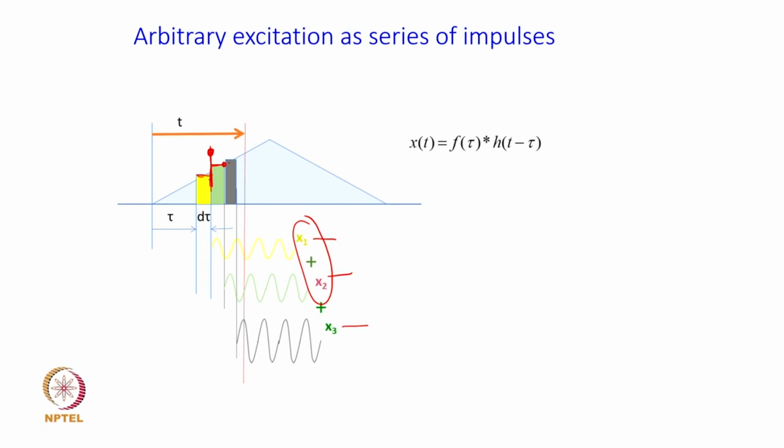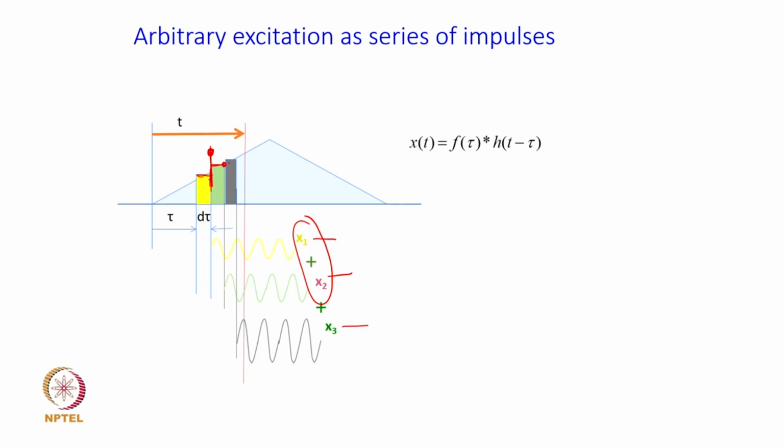One is to keep on feeding the response prior to that impulse as initial conditions to find the response due to that impulse. Or you assume that nothing was there before, find out the individual impulse responses, and simply add them up. That is one and the same thing as long as the system is linear. That is why you do not need to consider what happened before a particular impulse, right.